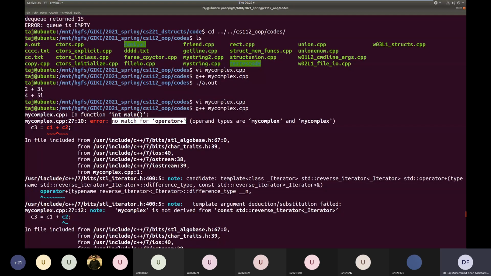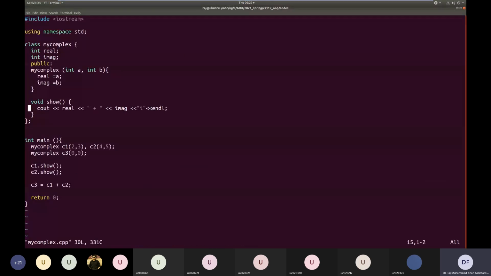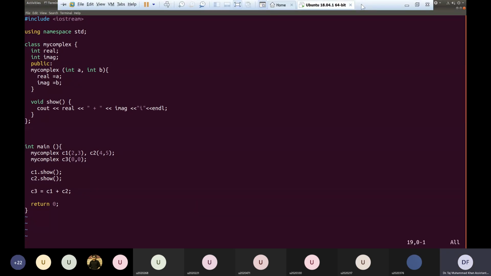So what can we do to solve this problem? One solution can be a separate function. By the way, what is the result of adding two complex numbers? Is it an integer, a floating point, or a complex number?